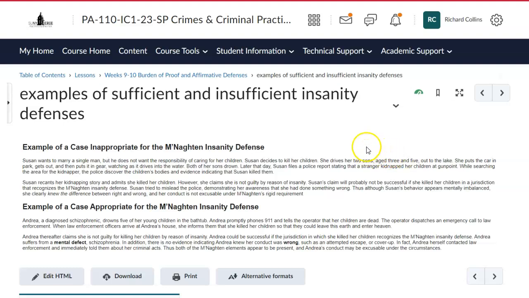This is a screenshot video, crimes. We're talking about affirmative defenses, and these are some notes that go with the insanity defense. Again, because insanity is an affirmative defense, the defendant will have the burden of establishing the defense by a preponderance